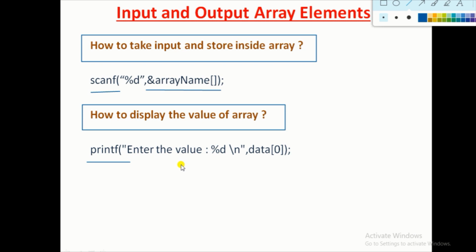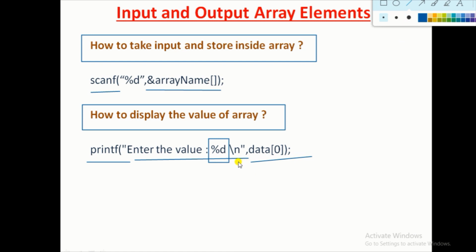Suppose the array name is data, and I want to display the value I stored at index position 0. So I write data, and inside the third bracket 0. So it displays the value I stored at position 0 of the data array.